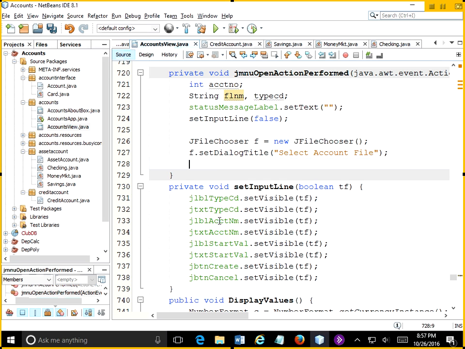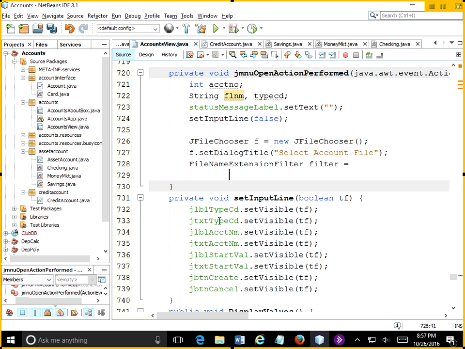And then we're going to filter on text files. So I'll go ahead and do it. File name extension filter. This is that weird long thing we've got to set. This is our filter, and it'll be equal to a new file name extension filter. And the filter says text files